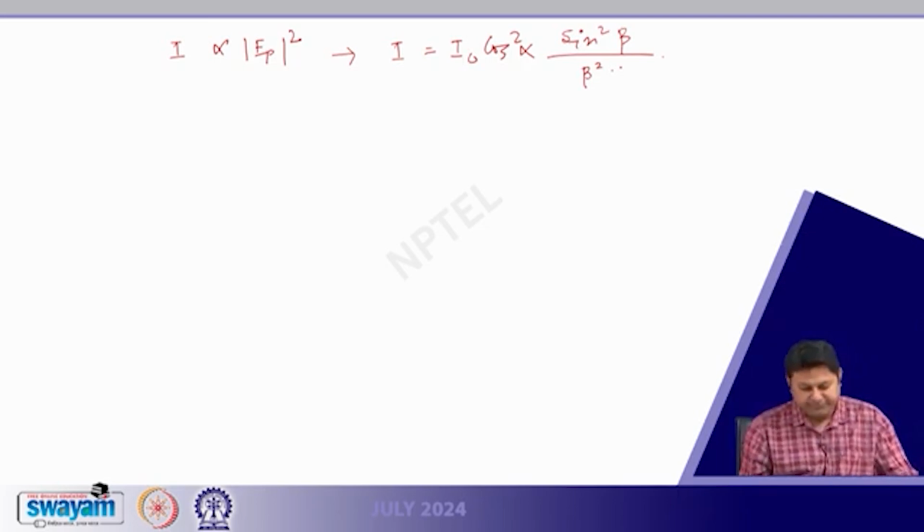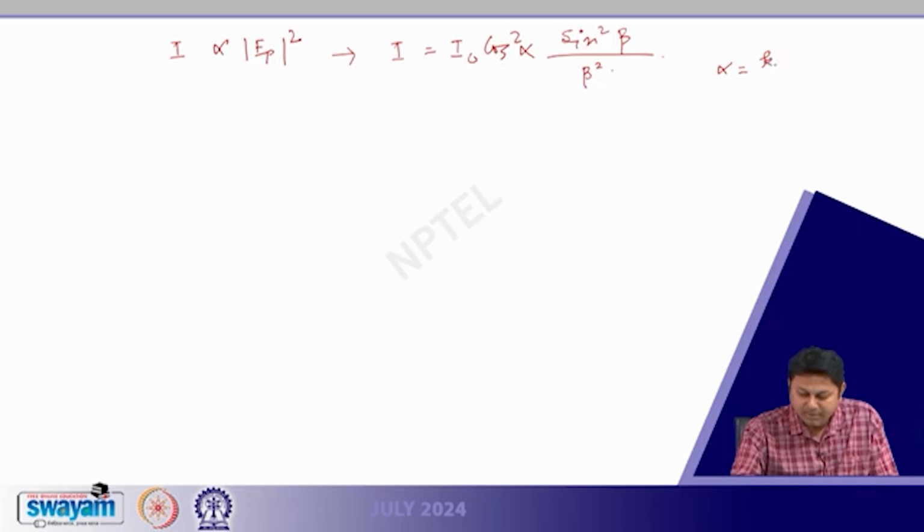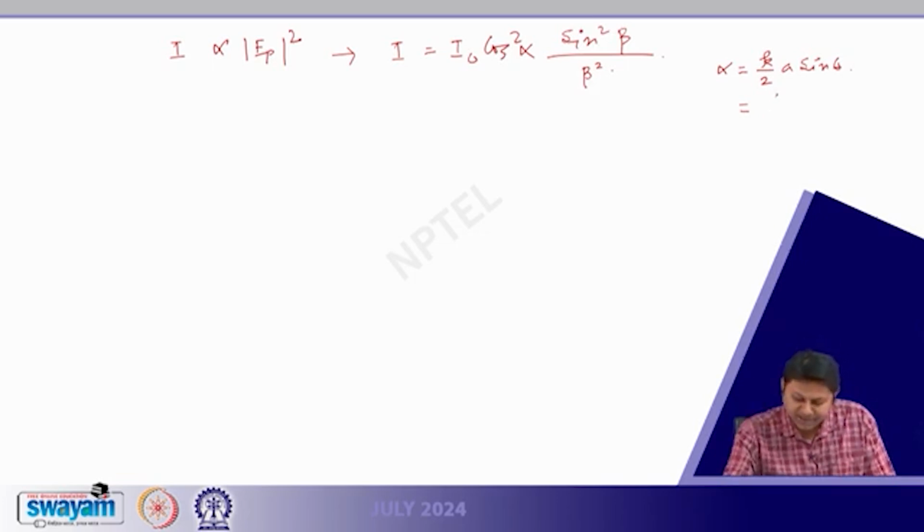That is the thing I have. So, that is the intensity distribution or intensity pattern we have, where alpha and beta we defined several times. Let me write down once again, because these are important quantities. Alpha is k by 2 a sin theta, or this k by 2 sin theta sometimes written, because k is 2 pi by lambda. So, it is pi a by lambda sin theta,